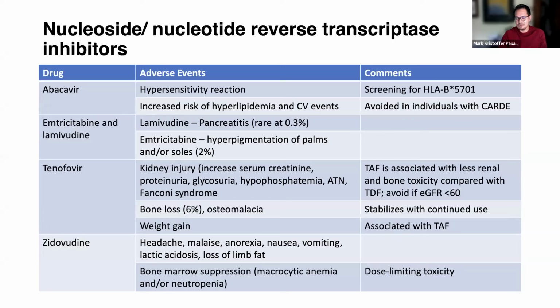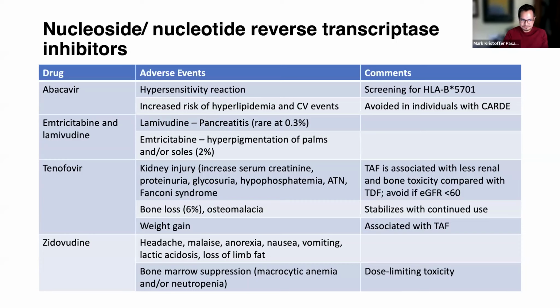Actually, yung study dito is between Caucasian and the Black. Mas common sa Caucasians more than the Black. And I don't think mayroon study on among Asians. Also associated with abacavir is increased risk of hyperlipidemia and cardiovascular events. That's why it is avoided among individuals with risk for